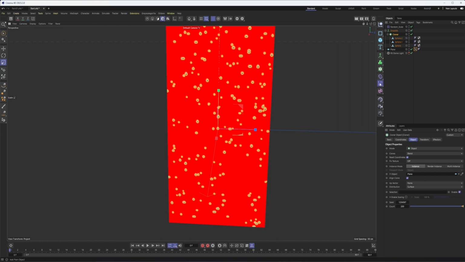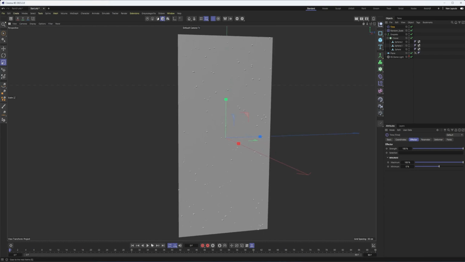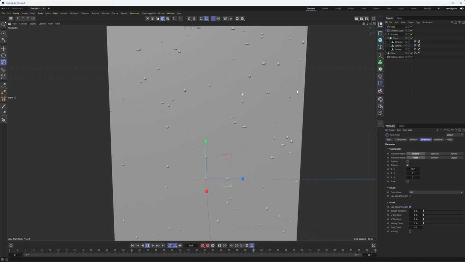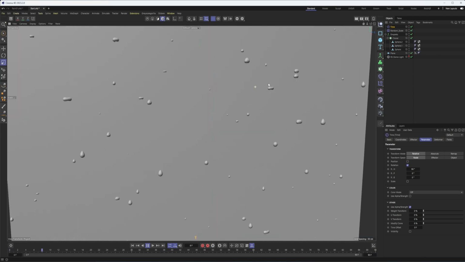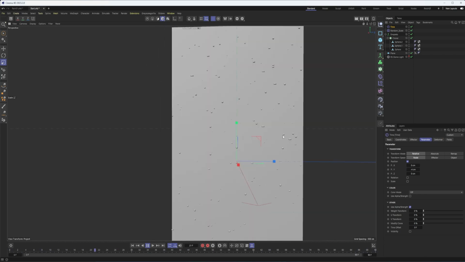With my cloner selected again, I'm going to come over here to my effectors and choose the time effector. So the time effector, as you play it back, it's going to use the time to control what we're going to be changing here: position, scale, rotation, color, or perhaps even some other things. Now, right now, they're just rotating. That's not very useful. So I'm going to turn on position, and I really want just -y, just a little bit of movement. All right, how much? Entirely up to you.